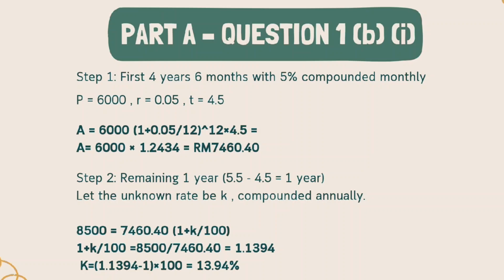We can proceed to step 2, which is the remaining period: 5.5 minus 4.5 equals 1 year. So let the annual rate be K, compounded annually. We must do 8,500 equals 7,460 and 40 cents times bracket 1 plus K over 100, so 1 plus K over 100 equals 8,500 divided by 7,460 and 40 cents,